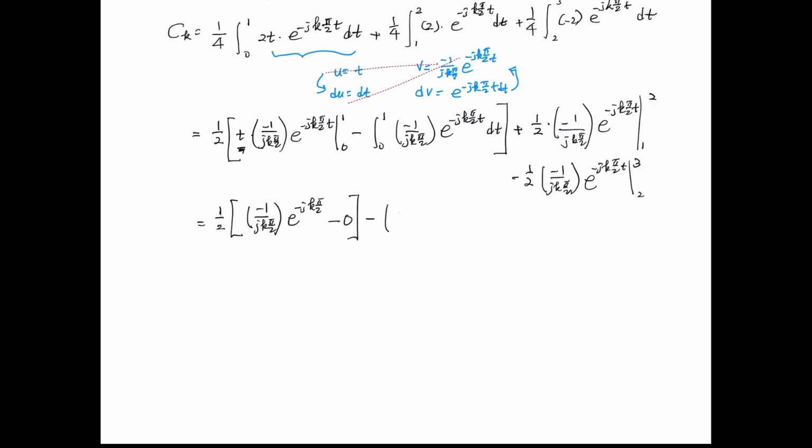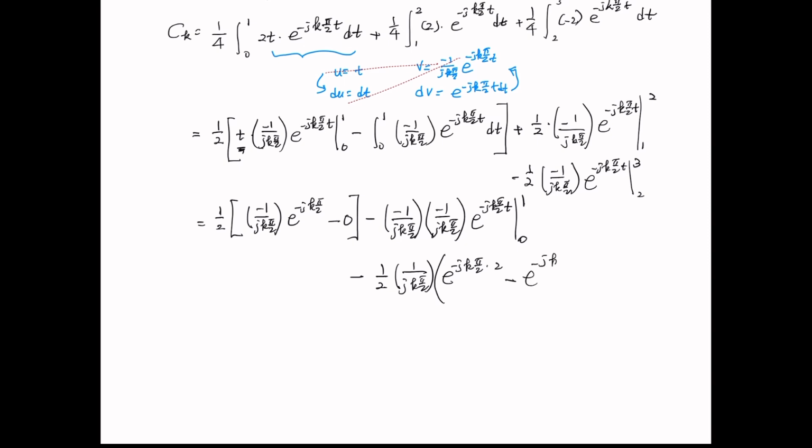Minus, we have negative 1 over jk pi over 2 times negative 1 over jk pi over 2 e to the negative jk pi over 2 t going from 0 to 1, then minus 1 over 2, 1 over jk pi over 2, and e to the negative jk pi over 2 times 2 minus e to the negative jk pi over 2 times 1,